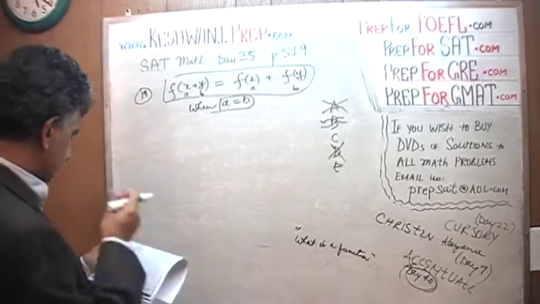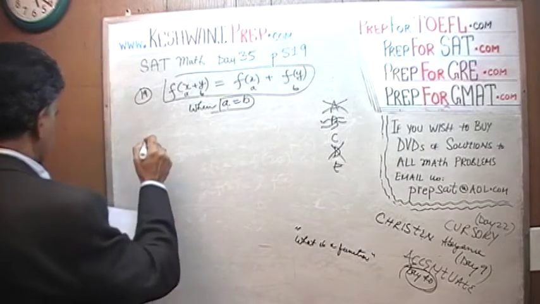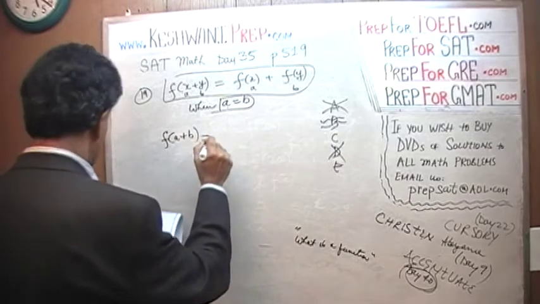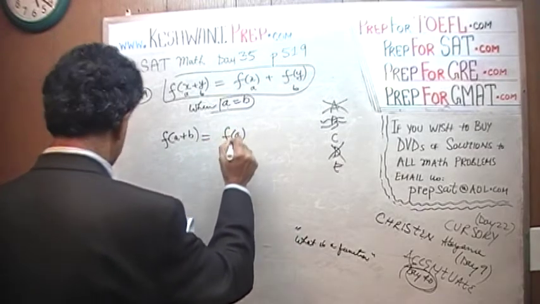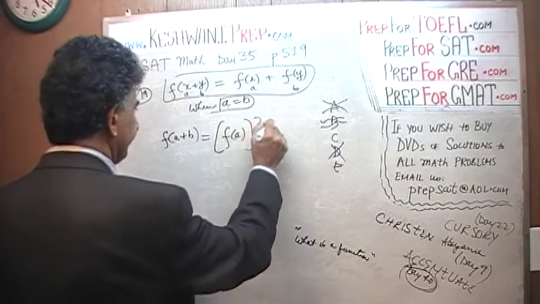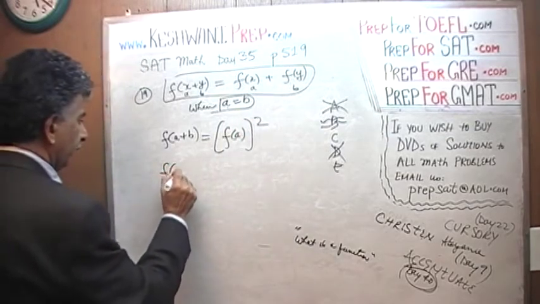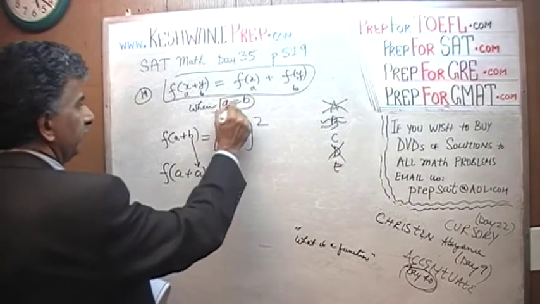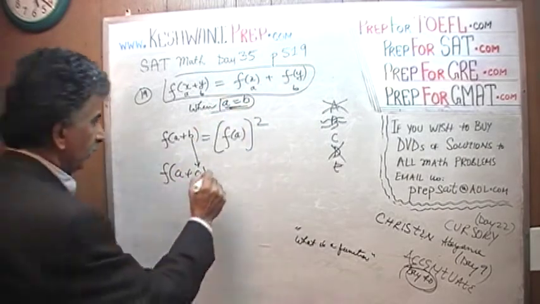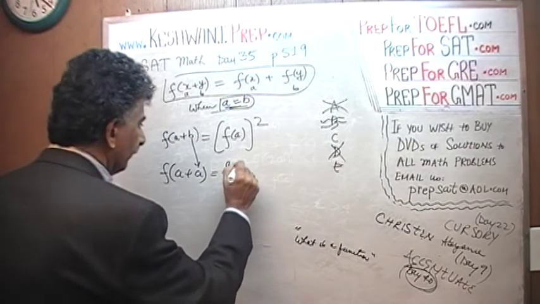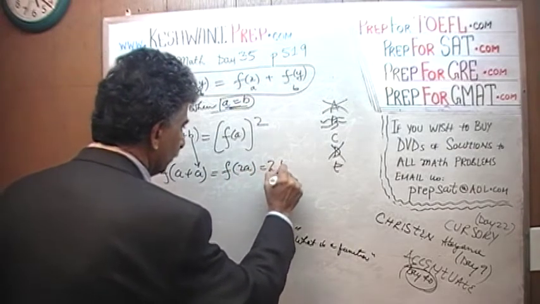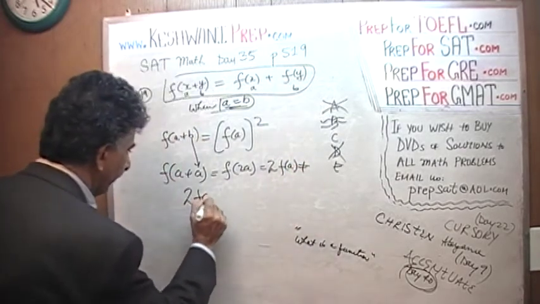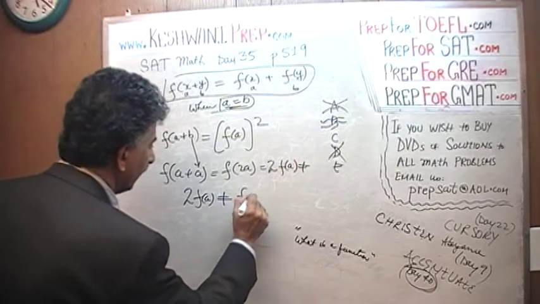Second statement says f of a plus b is equal to f of a squared. Well, f of a plus b is the same as f of a plus f of a, because b equals a, which is the same as f of 2a, which is the same as 2 times f of a, which does not equal f of a